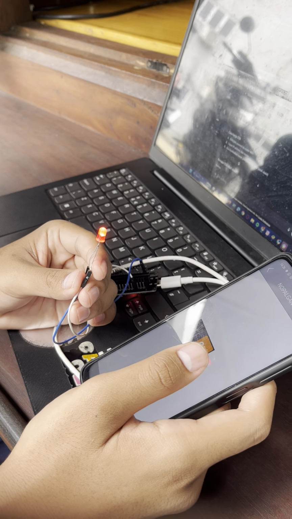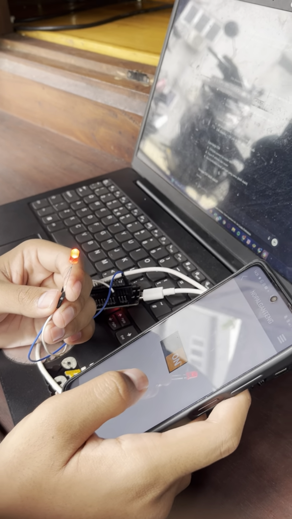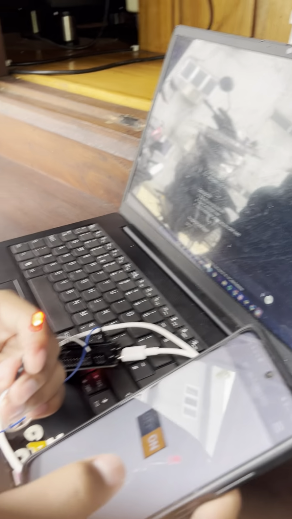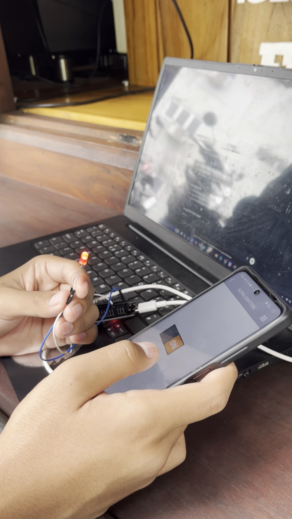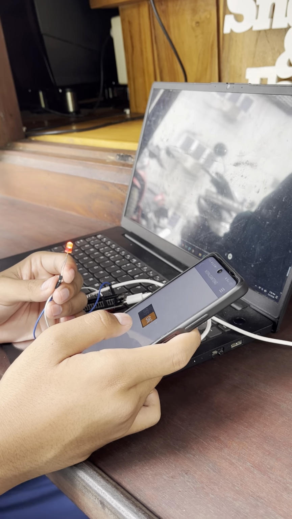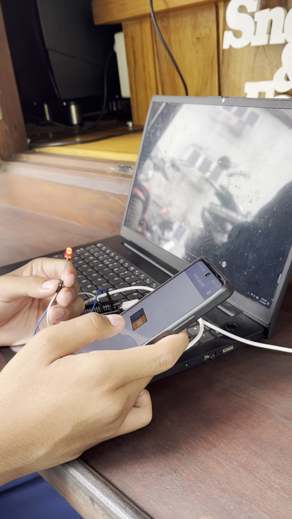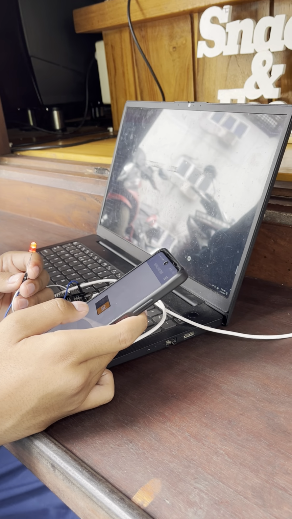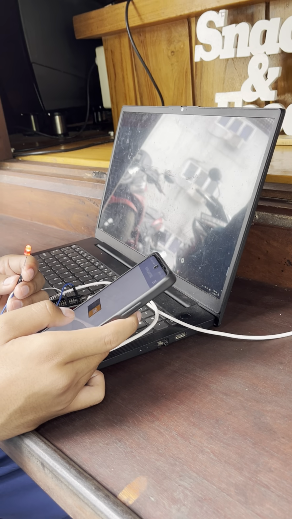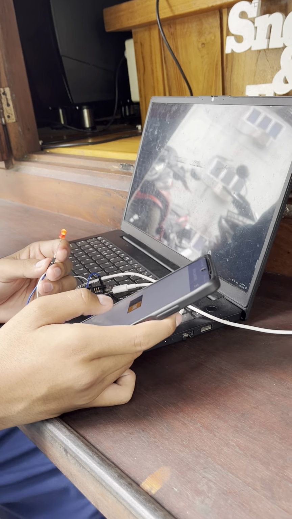If the ESP becomes the access point, it will work harder and get more hot.